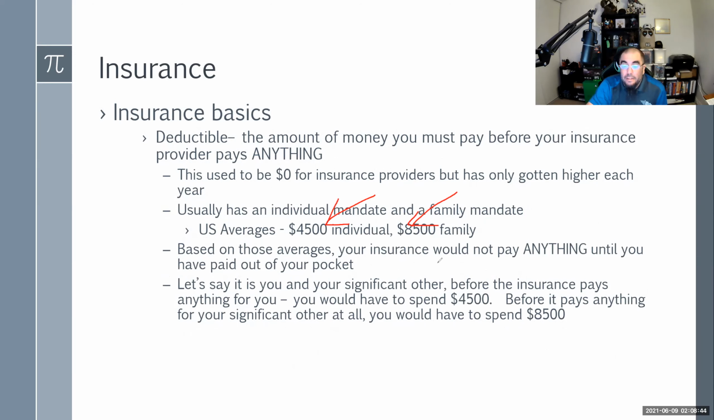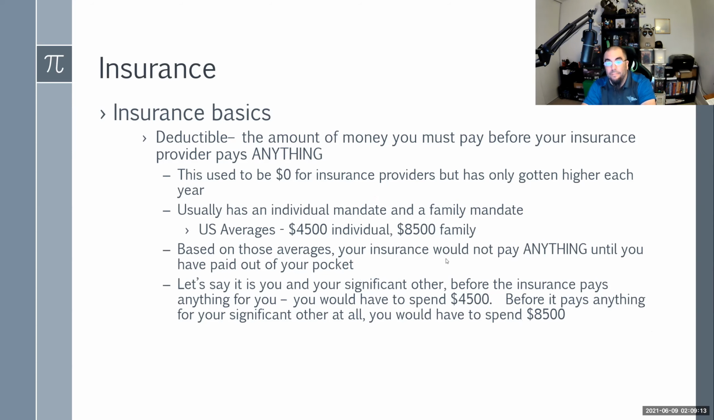Think about that for a second. To me, that is just bonkers, right? Based on those averages, you would not pay anything until you have paid that out of your pocket. Let's say you and your significant other. Before the insurance pays anything for you, you'd have to spend $4,500, but before it pays anything for your significant other, you have to spend up to $8,500. So before that, you're paying everything out of pocket on top of paying your monthly payments, on top of paying anything else,